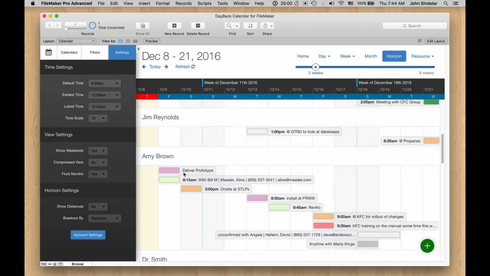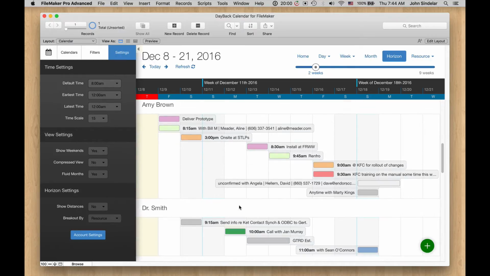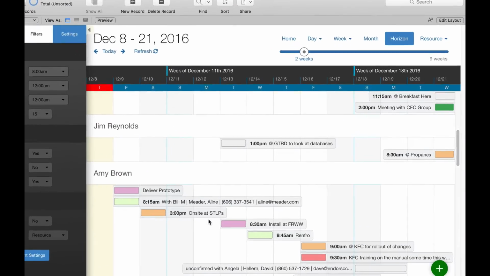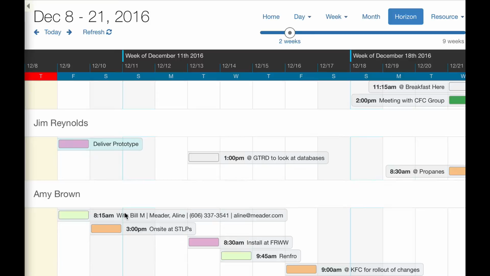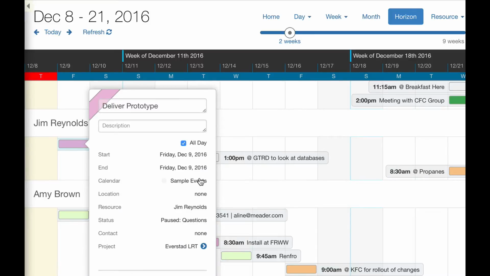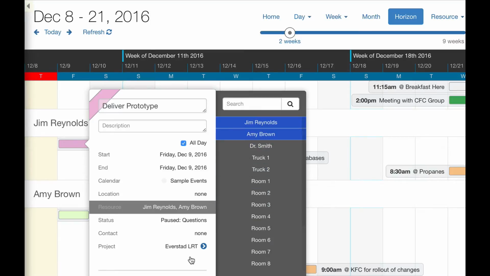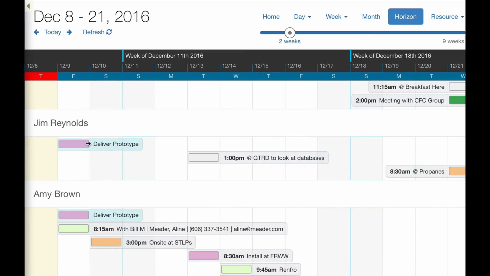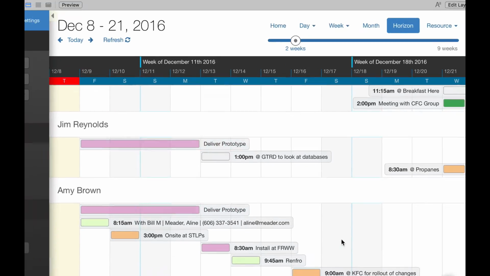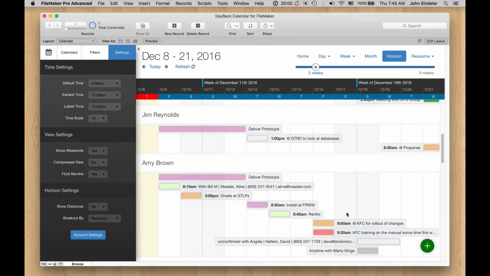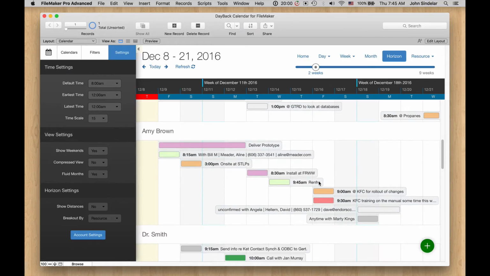in your business. And so now that we're breaking out by resource, it's pretty easy to see that, while Amy has this prototype due on this day, Jim and I think Dr. Smith are both free. So we might say, hey, Jim, can you work on this instead? Or I could just ask for Jim's help on this. I'm going to hold down the shift key, ask him and Amy to do this, and maybe say, hey, let's drag it out a little further and take a look at it on Monday, give them the weekend to do it, because we know that Jim's free for that whole time. So you can see that already the resource view lets you make decisions about allocation